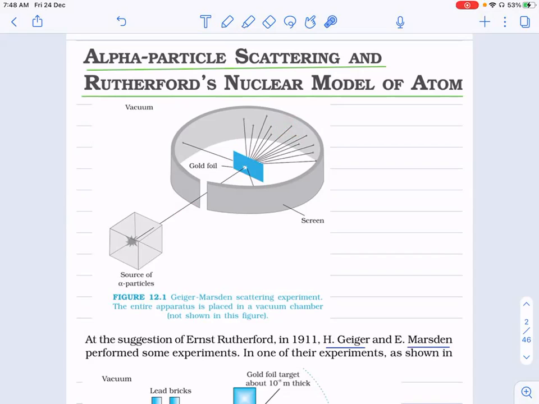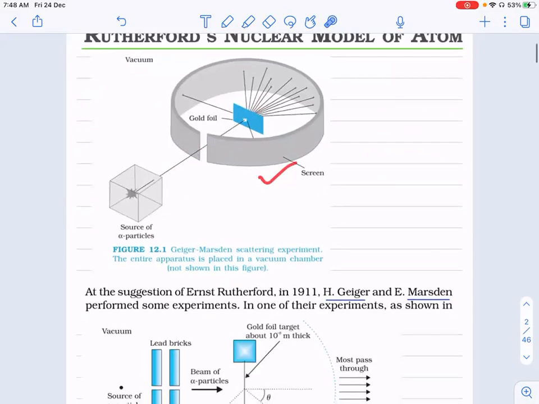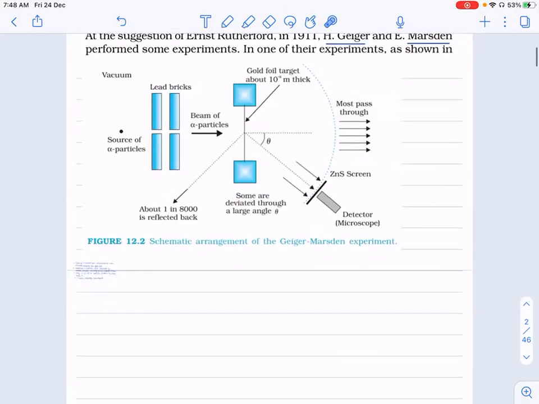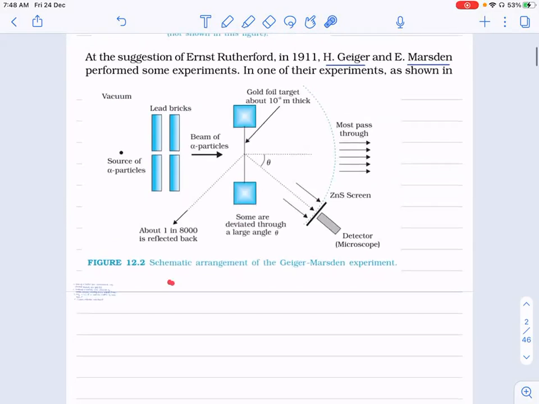So what they noticed, most of the particles are hitting at very small angle, very few are deviating larger than 1 degree angle. Hardly 0.14% of alpha particles are deviated greater than 1 degree angle, and 1 in 8,000 alpha particles were deviated at larger angle than 90 degree. तो इसका डायग्राम इधर देखो, उन्होंने इस डायग्राम को स्कीमेटिक डायग्राम दिया, shown like this. ये देखो,